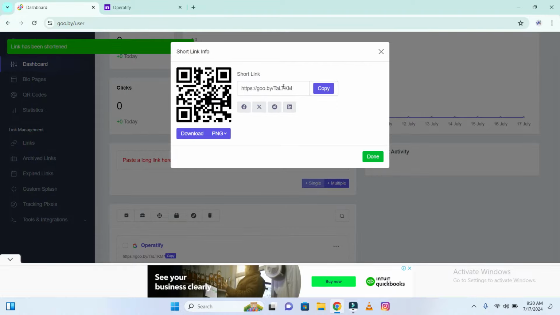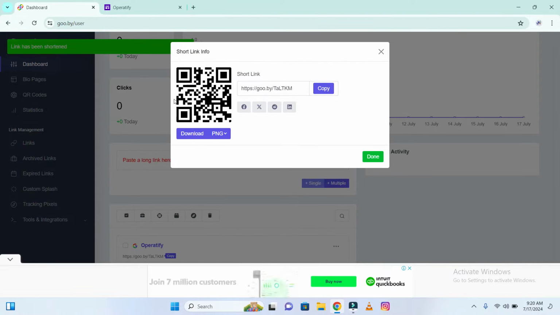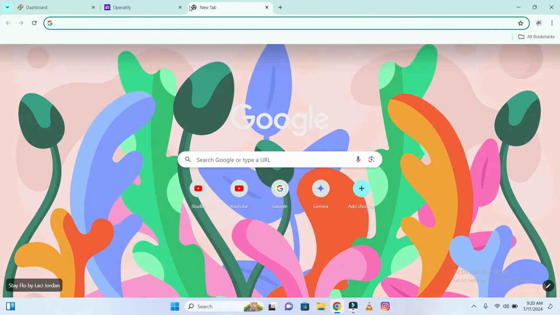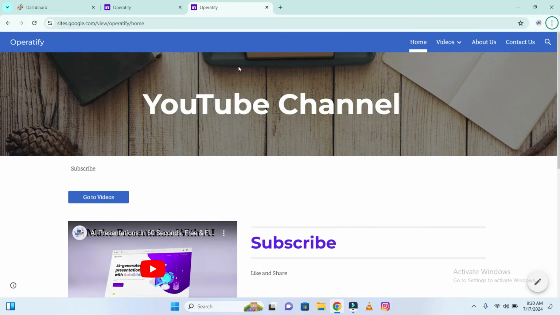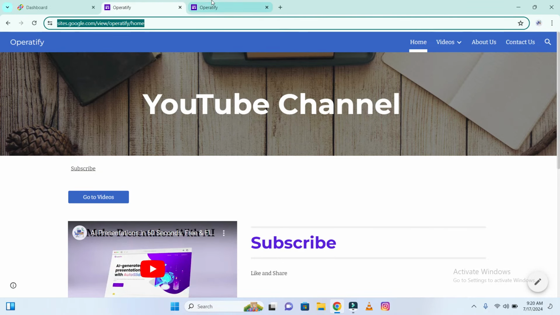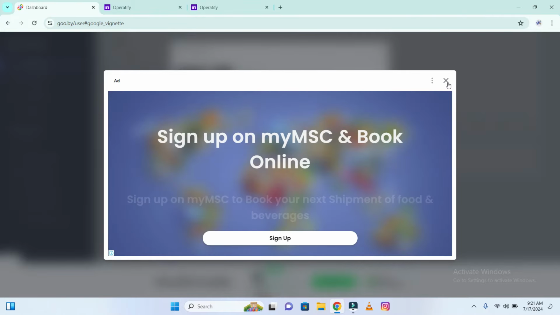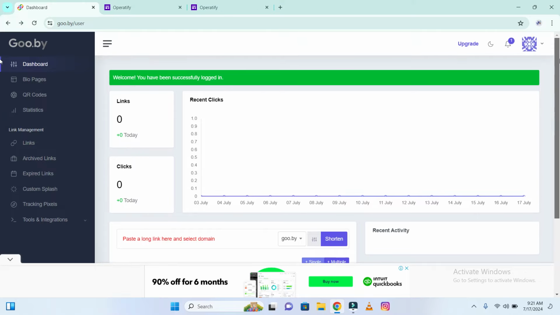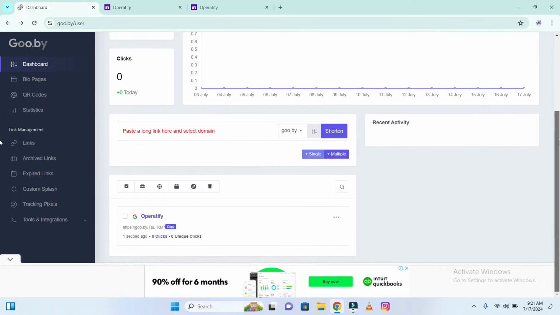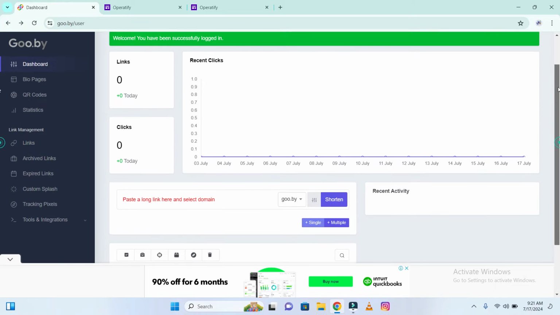So now as you can see, you have a QR code and a short link for your website. If you copy this and paste it here, you will see it will redirect you to the same page here. So that's how you can permanently make a shortened URL for your website, because in a few websites it makes a